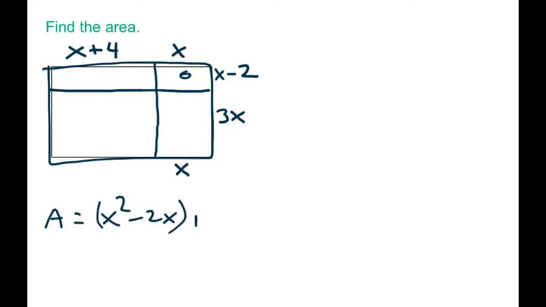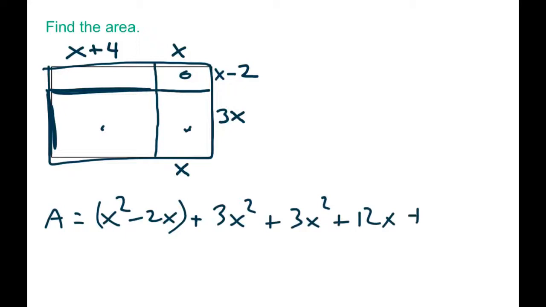Alright. Plus, now we'll go here. X and 3x are length and width. X times 3x is 3x squared. Plus, come over here. This distance is x plus 4. This is 3x. Multiply those together. I get 3x squared plus 12x plus, and now the last one, that's x plus 4. That's x minus 2. So that's going to be